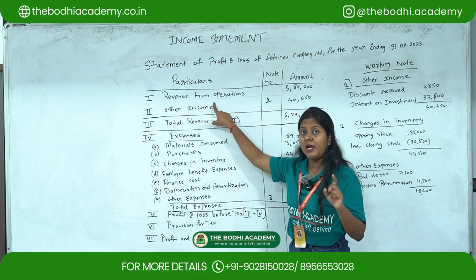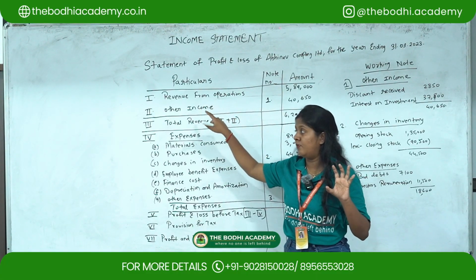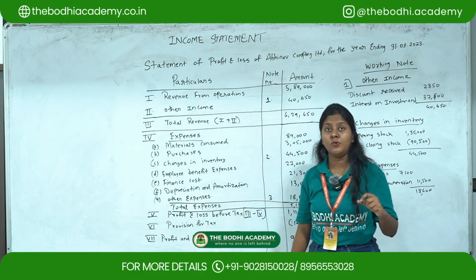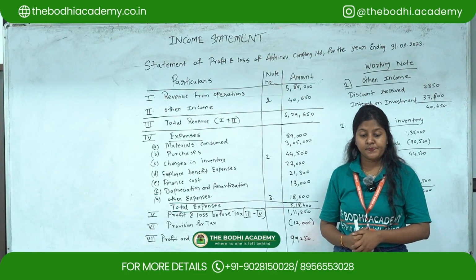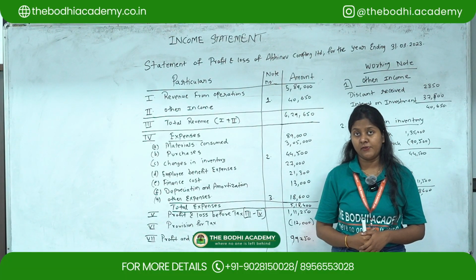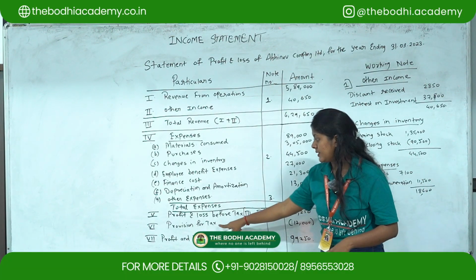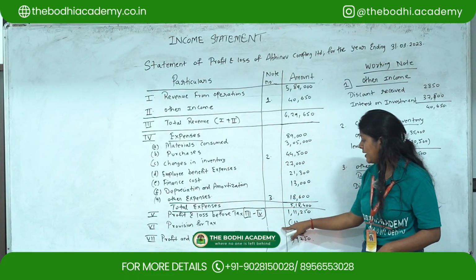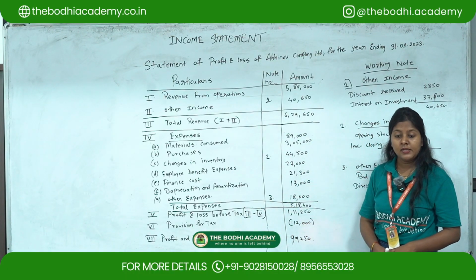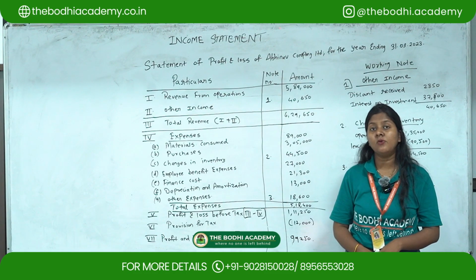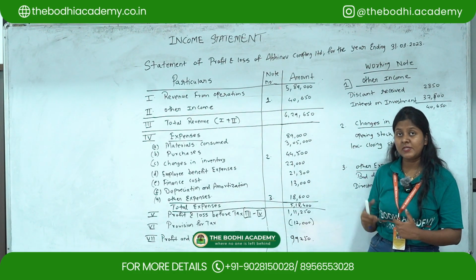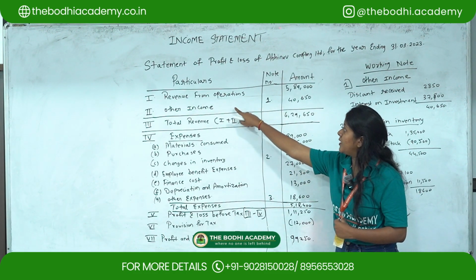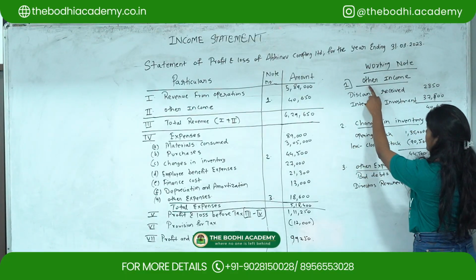For the first part, we only take the total, we only take the sales. Okay, how much is the revenue? Then provision for tax they have given as 12,000, which will go under the sixth part, provision for tax, the direct amount will go. Then discount received is your other income. Since you are receiving it, it will go under the other income head.